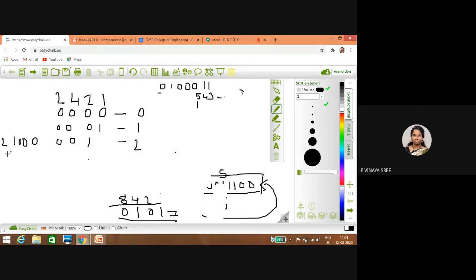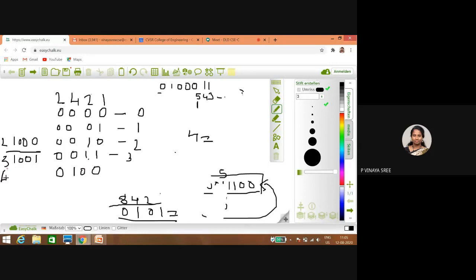But you should not write like this. Among these two, we have to write this one. Consider that until 4, it should be like the binary equivalent. So 2 is 0010. Next is 3, which is 0011. In this way you can write, and the other way is 1001. You should not write like this, you have to write like this. Next, 4 is 0100. In this way also you can write.